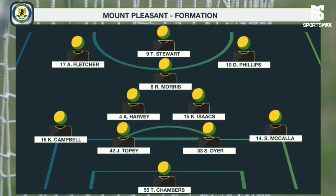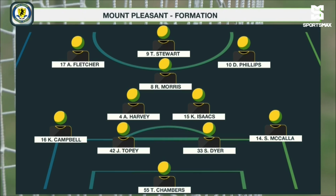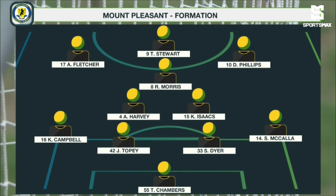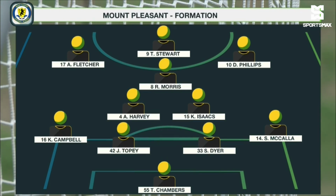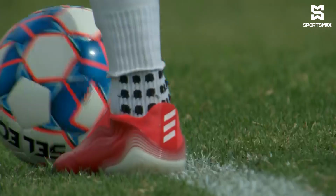Yes, 4-2-3-1 formation for Mount Pleasant. No shortage of national talent in this squad. They'll be looking to make full use of that here today. As we take a look at the